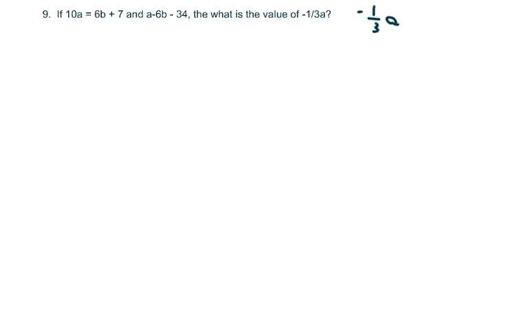They say if 10a equals 6b plus 7 and a minus 6b is negative 3, then what is the value of negative 1/3 a? So basically I want to solve for a. So let's write this out, and we're going to get 10a equals 6b plus 7. Now, with a little rearranging here,